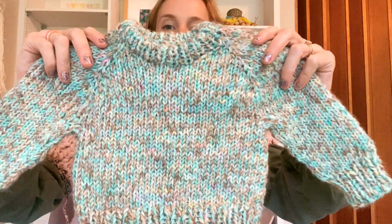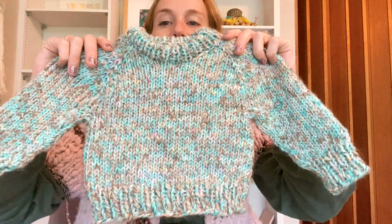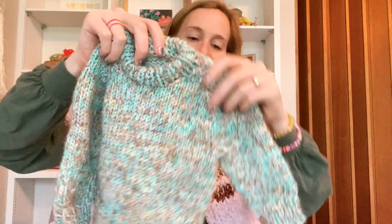The next thing I knit for the baby is the Larkin Sweater by Park Williams. So she is at Park and Knit on Instagram and all the places. And this pattern is the best. And the reason it's the best is because I collect sock yarn. I have a lot of single or fingering weight yarn by indie dyers that I love,